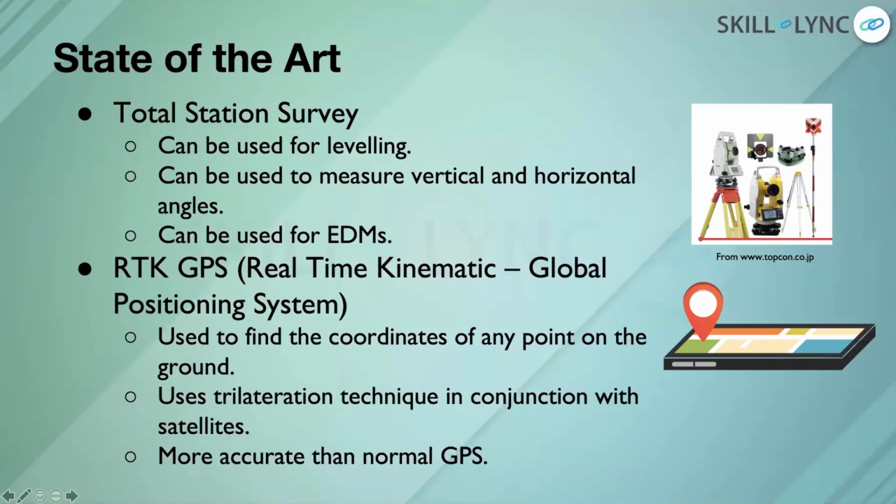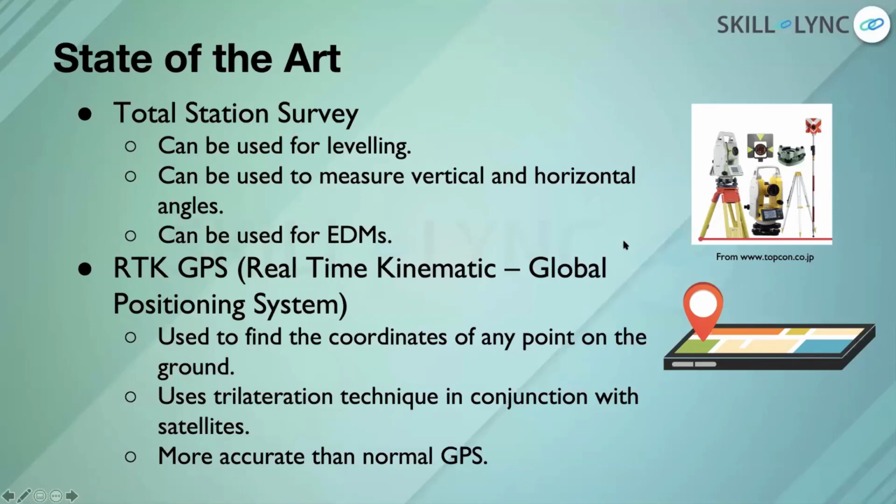Now you have this telescope, which can also emit light radiations. So when you use the electronic distance measurement part of this instrument, there's a button on the side which you press, and then it emits a light ray, and that is reflected by this prism here. And once the reflected beam comes back, then this instrument measures the time for the reflected beam to come back, and using the time, it calculates the distance. Okay, so this is a very basic instrument. This is generally manufactured by companies like Topcon, Nikon, etc.